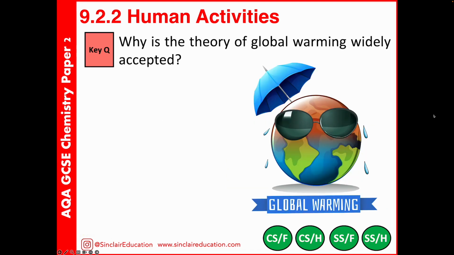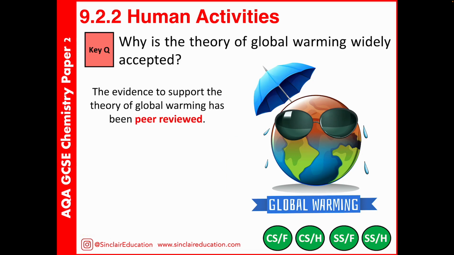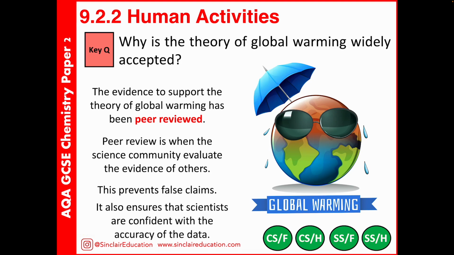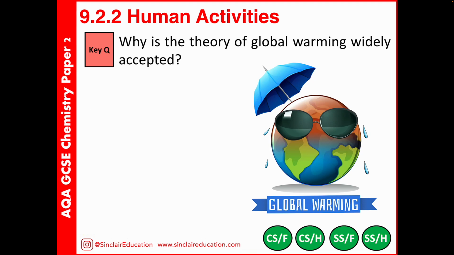Now, the idea about global warming is that the Earth's temperatures are increasing. And generally, for the most part, this is now pretty well accepted because the data that we've collected has now been peer-reviewed. Scientists have checked each other's work and are agreeing with the methodology that's gone around it. So this is really important. The science community need to be able to evaluate and critique each other's work. The purpose of that is to prevent false claims and people just making statements that aren't true. By doing this and having this process of peer review means that scientists and therefore the public can be more confident with how accurate and reliable that data is.